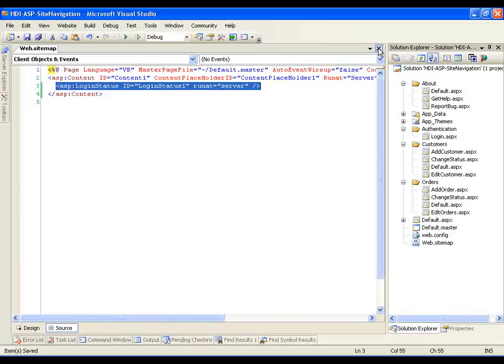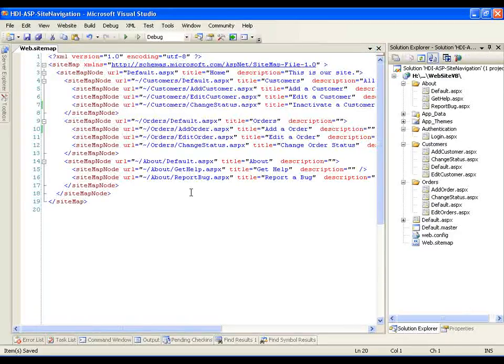So now we're ready to implement our security. And what we're going to use is called security trimming. And essentially what that does is it will trim specific nodes out of our sitemap based upon the role of the